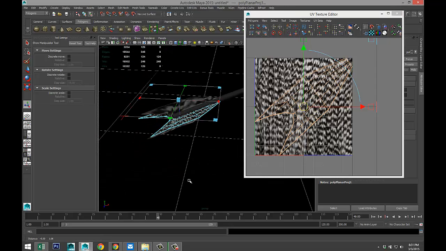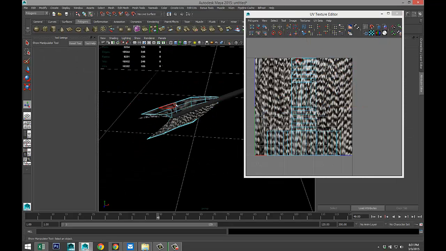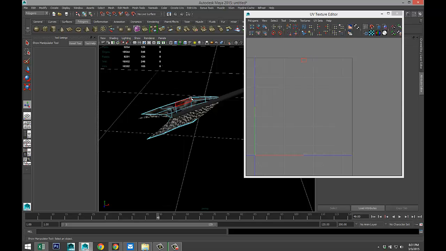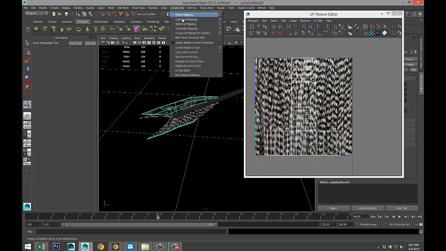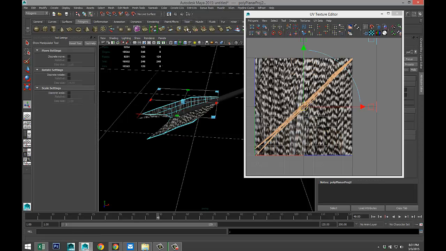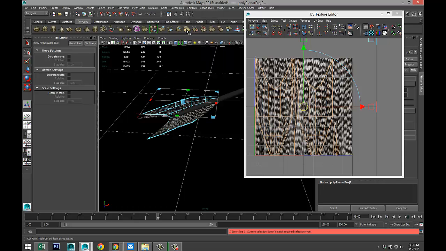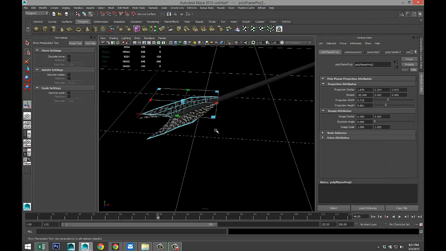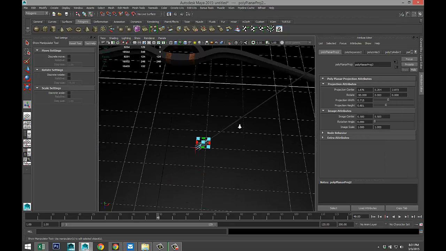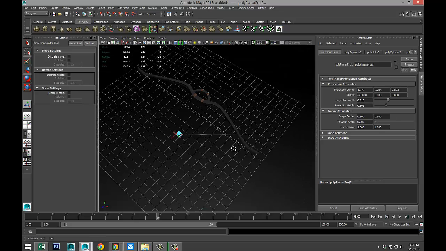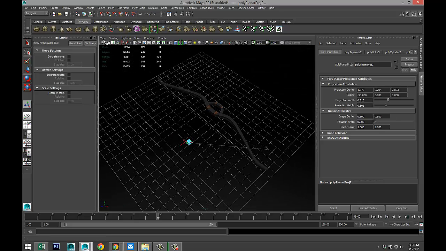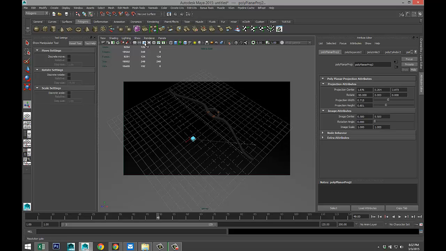And we'll do this guy. Right click object mode, create UVs, planar mapping, and no, create UVs. That's a bit better, yeah. Let's see what we got. Yeah, that's better. All right, so we got that going on. Let's position that in a right angle. Let's do, where'd he go? Right there.